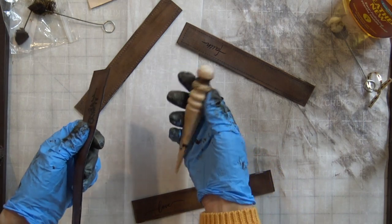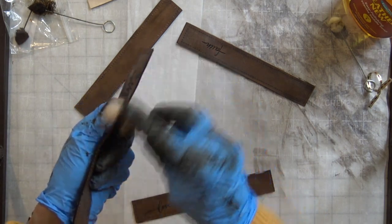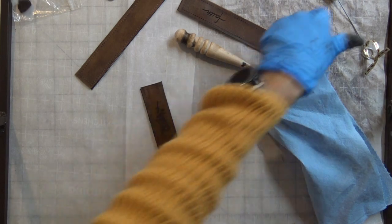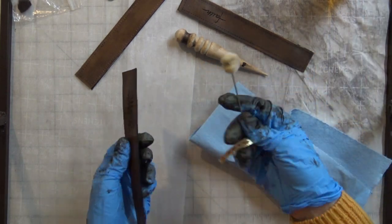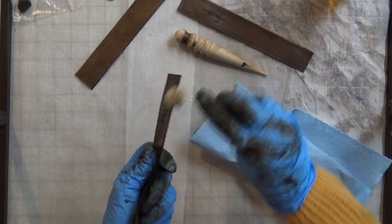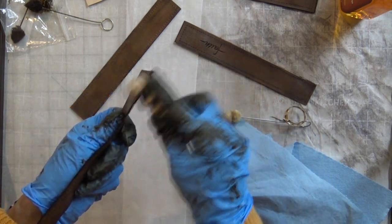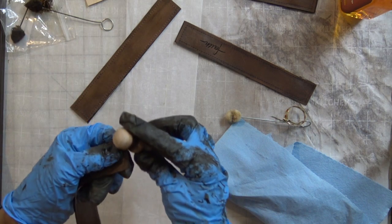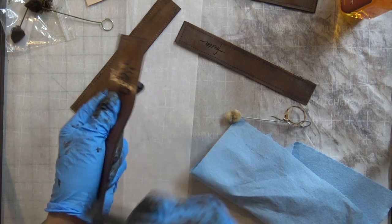And while it's still wet, I'm going to take this tool that's used for burnishing the edges, and I'm going to rub it on it. Okay, I'm going to wipe off to make sure none of the stain is leaving a mark on the front. And this is just trial and error for me on making the best edge. I saw some tutorial on taking saddle soap, rubbing that on the edge, and taking the burnishing tool. And this goat leather is super thin, so that's what I mean by trial and error. When it's super thin, it's really hard for me to get a nice edge on it. So if you have any tricks, I am always learning. So let me know below. But this makes it nice and